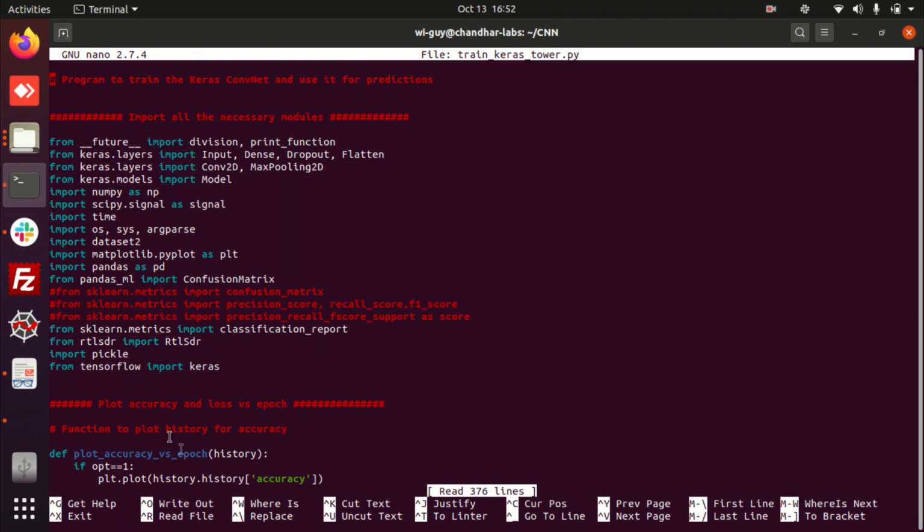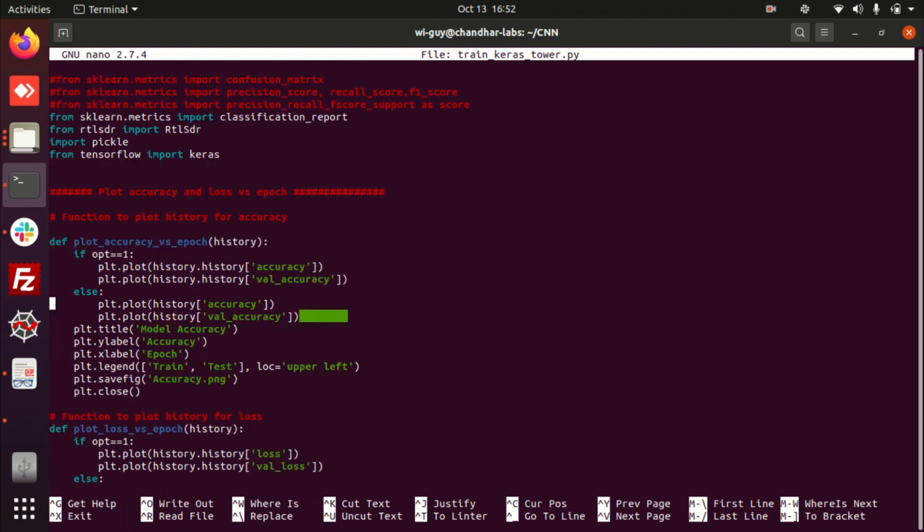The next one is the definition for plotting the training accuracy, validation accuracy, and similarly training loss and validation loss with respect to the epoch. This couple of lines is to plot. The X label is epoch, the Y label is accuracy. For model accuracy you have validation accuracy and training accuracy.